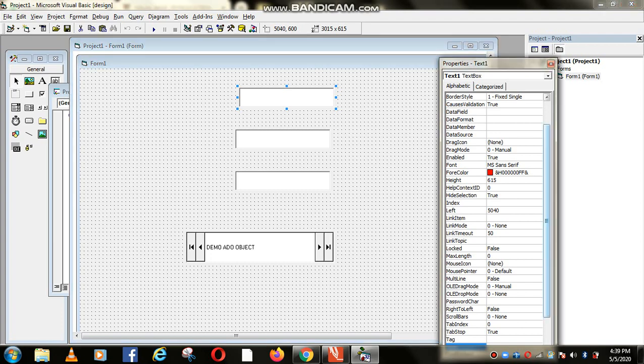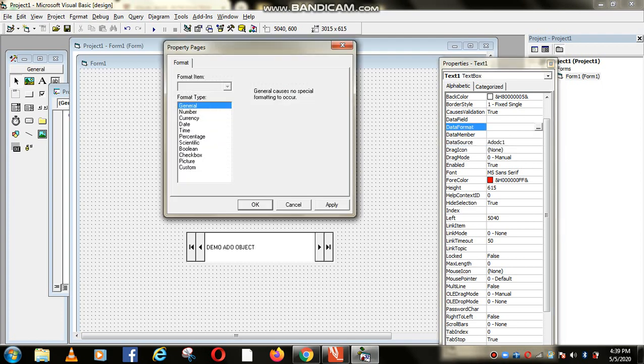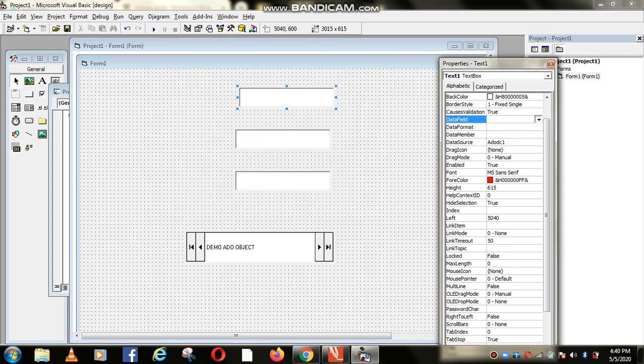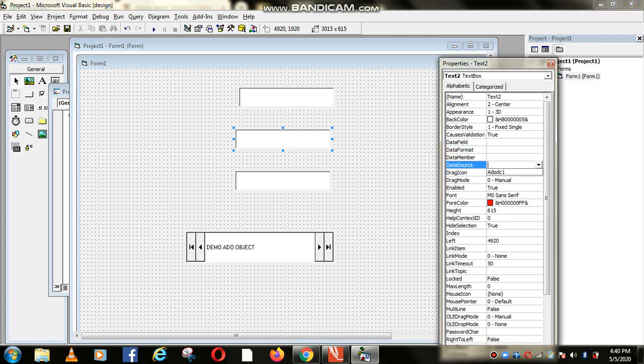Select the text box, go to the data source, ADODC, next field. Here these are the different properties. We need only two things, ADO data source and data field. We have to select that one only.